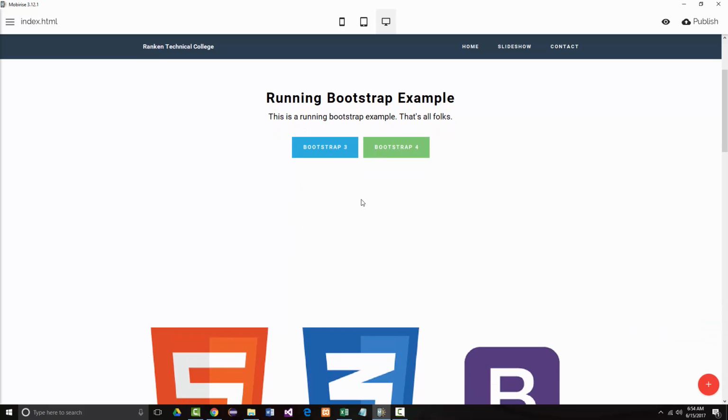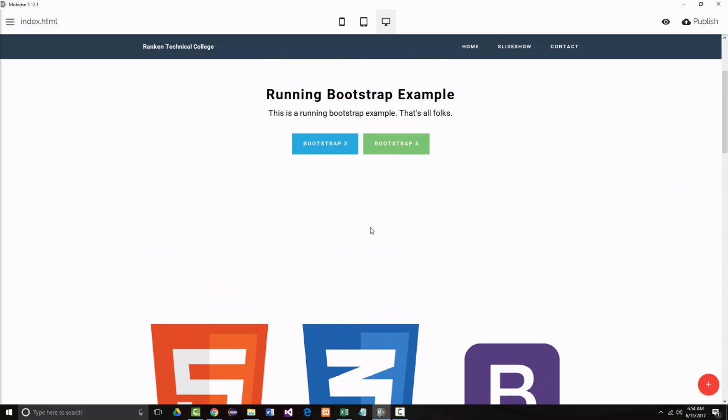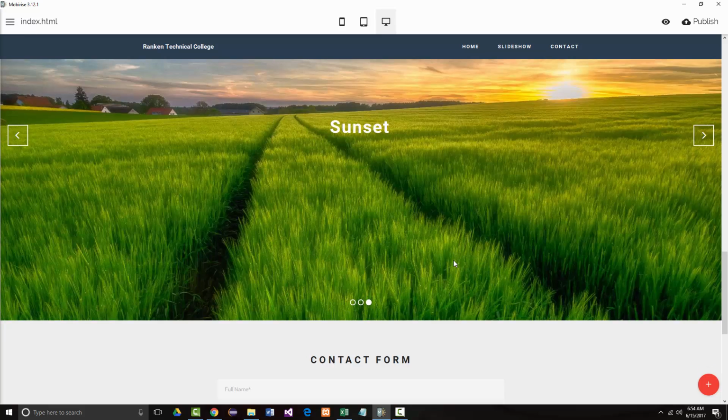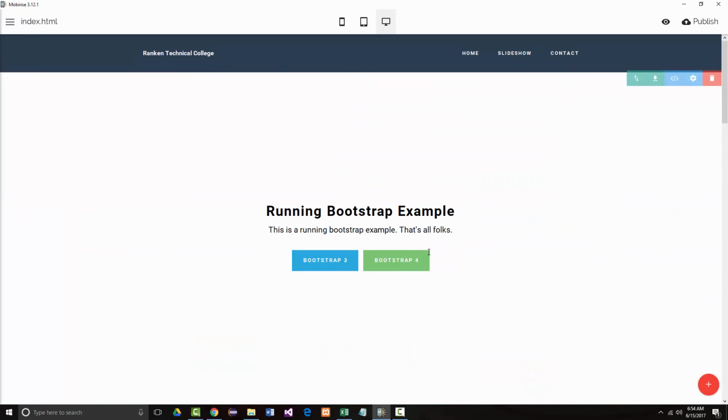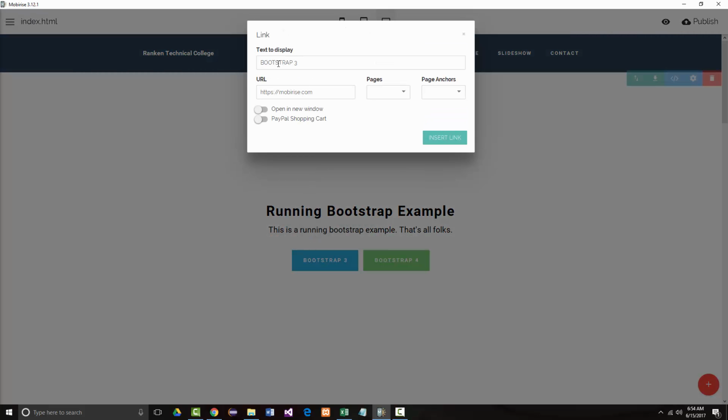The only thing I didn't do was to link these buttons up. There should be a way that I can go in and remove some of this excess space in here. I don't know what it is. All right? So if I come into here, I click on that, and I want to click link. And remember, I wanted this to say